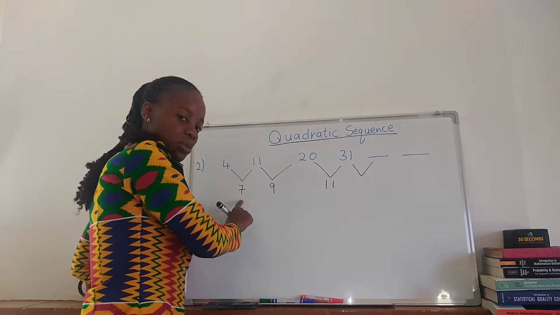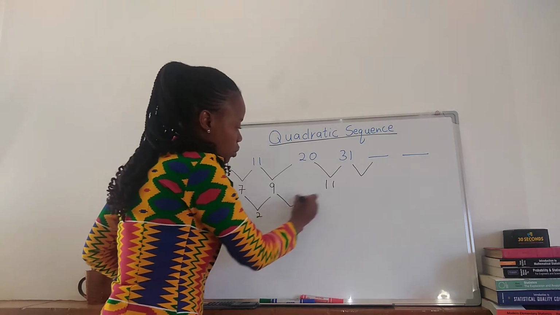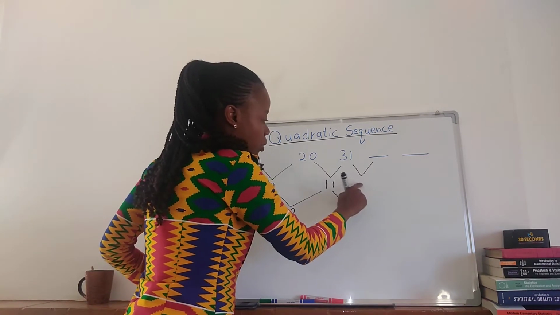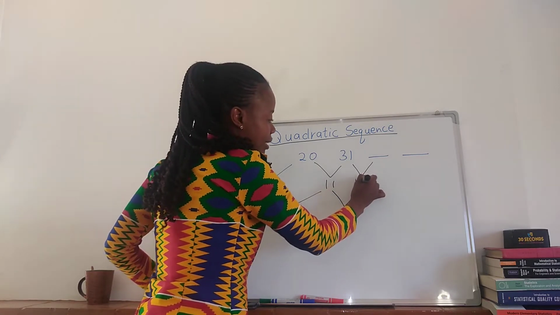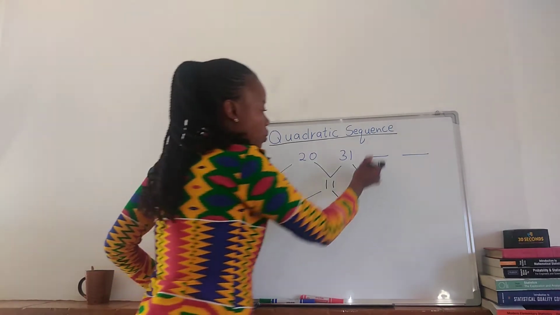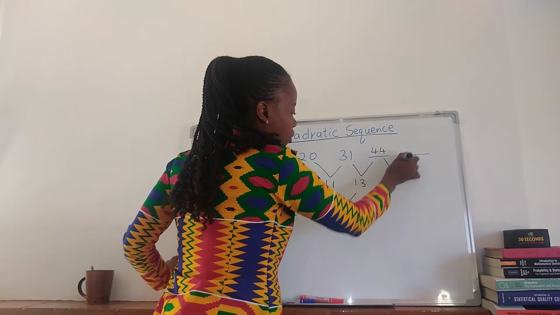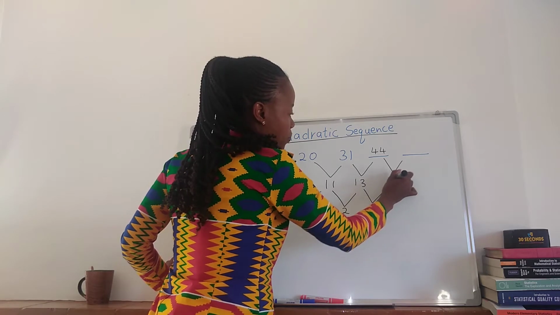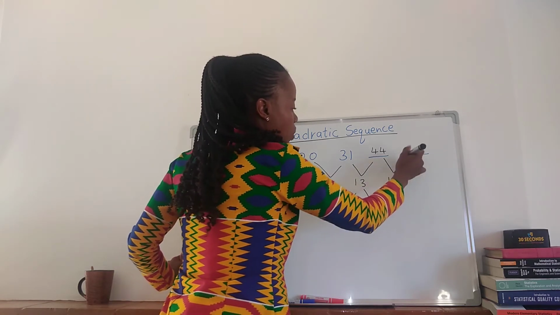Okay, from 7 to 9 we're going to add 2, from 9 to 11 we add 2, and from 11 to the one here we add 2, which means this one is going to be 13. To get this one we add 31 to 13, and we're going to get 44. From 44 we add 2 here, we are going to have 15, and 44 plus 15 we're going to get